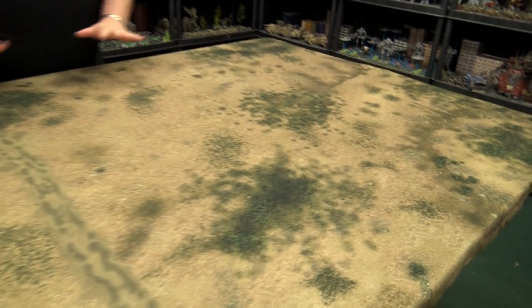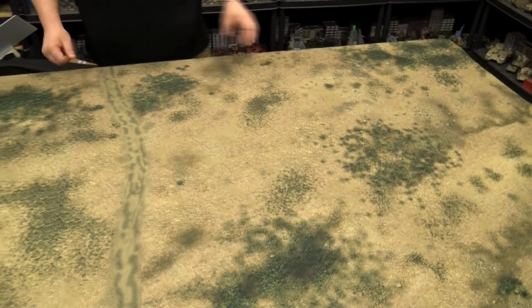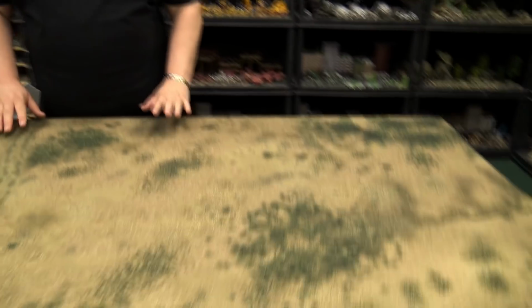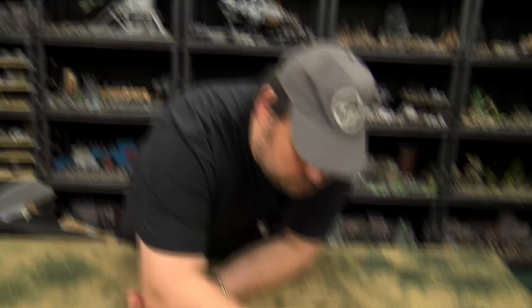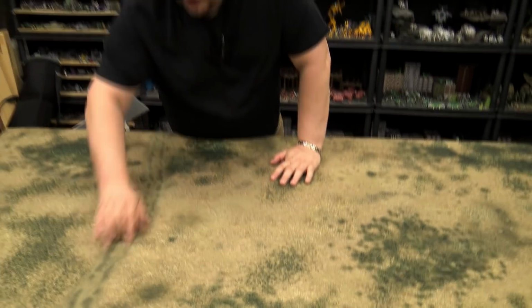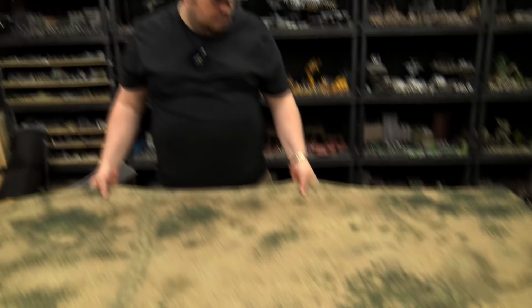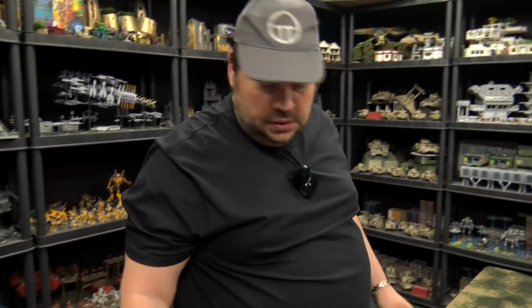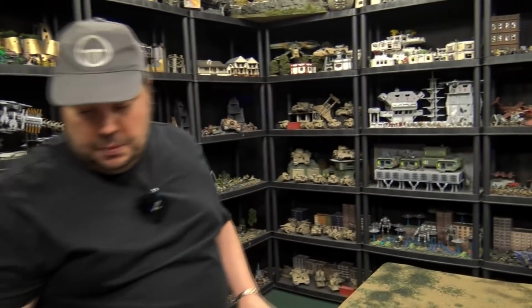Okay, so it's a 6x4 mat, but it's sized slightly over 6x4, and I'll explain to you why in a minute. It's printed in a really nice resolution. So you can see some of the grass details here. This particular one is called the El Alamein mat. So as you can see, it's quite scrubby with a dirt track running through it. And it's printed on a fairly dense felt kind of a material. Now the beauty of it is